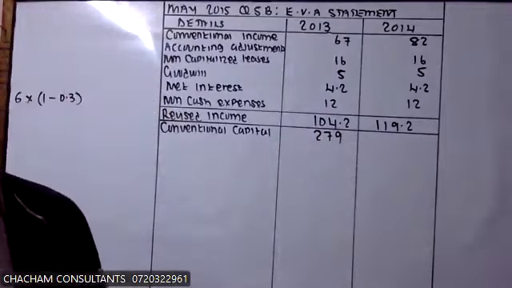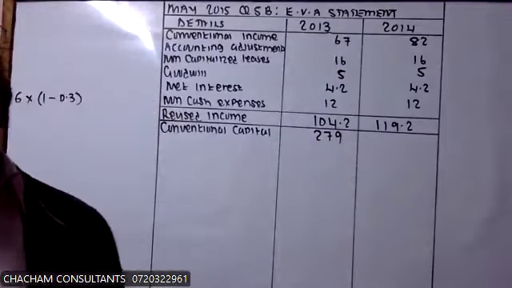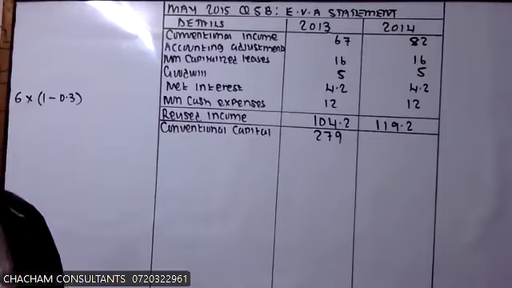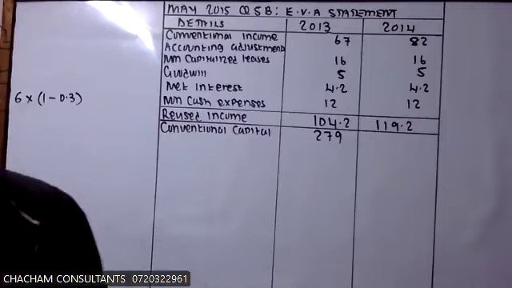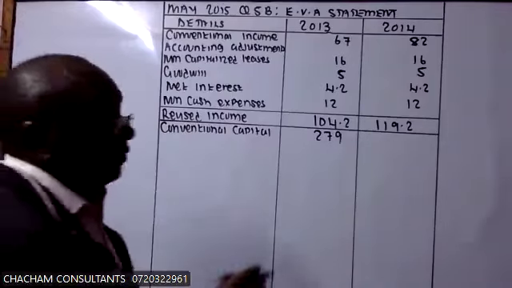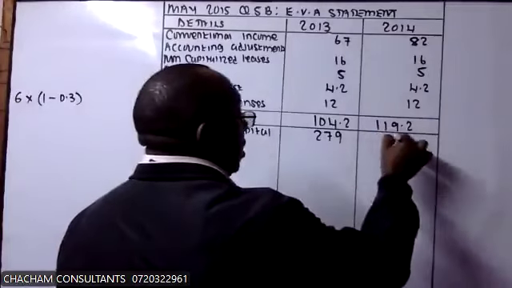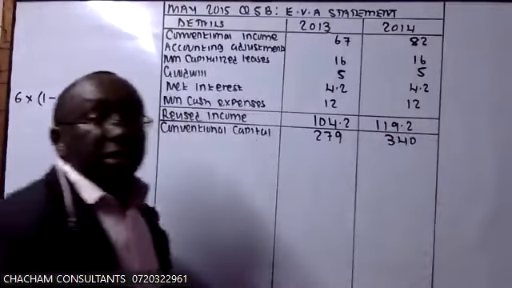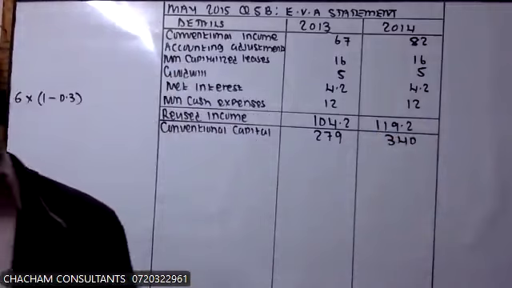That's the opening balance that was in 2013. Then the opening balance in 2014 is the closing in 2013, 340. The closing in 2014 is the